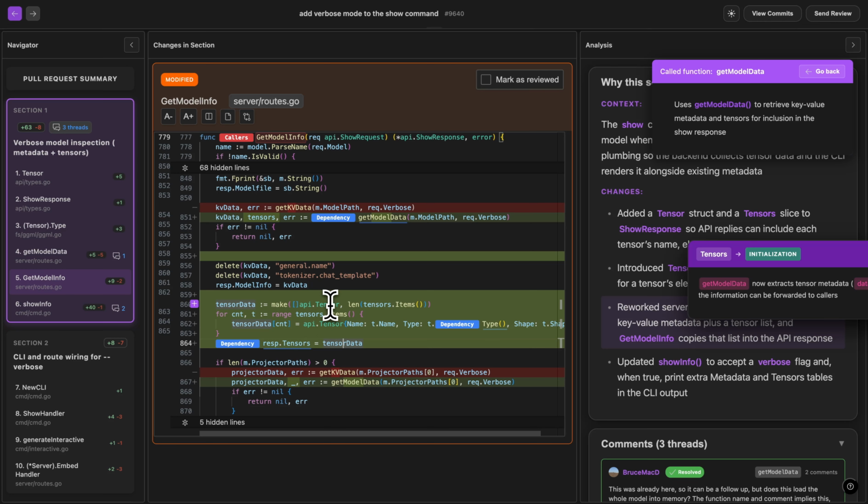So in this way, Haystack shows you how all these unorganized changes work together to produce the logic that the author is intending to achieve. And that way you don't have to reverse engineer